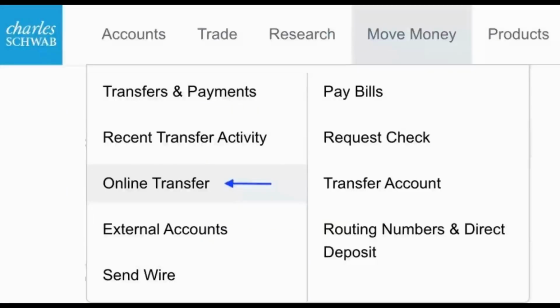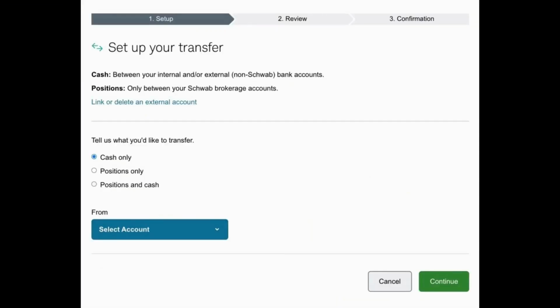Once you have successfully logged in to your Charles Schwab account, at the top of the dashboard, select Move Money, from which choose the option of Online Transfer. Once you are here, now select the account you want to withdraw from your Charles Schwab account, from which you